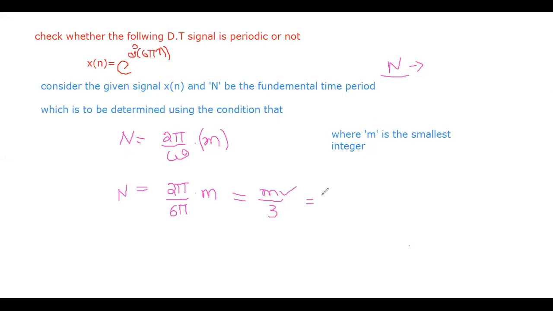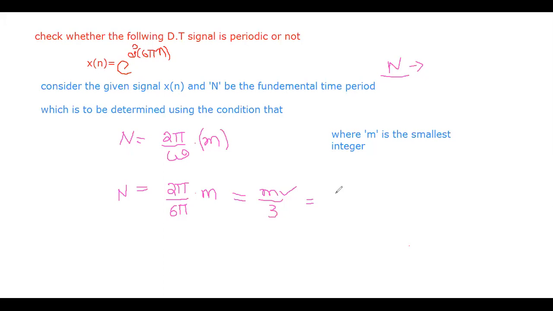Yes, sir. Okay. Now, please tell me, shall I consider M is equal to 0 here? Capital N is equal to small m by 3. You must select the value of M such that capital N is a positive integer only. You should not consider M is equal to 0, because it does not make capital N a positive integer. And M is equal to 1 is also not a good option, because you will get 1 by 3, which is not an integer.